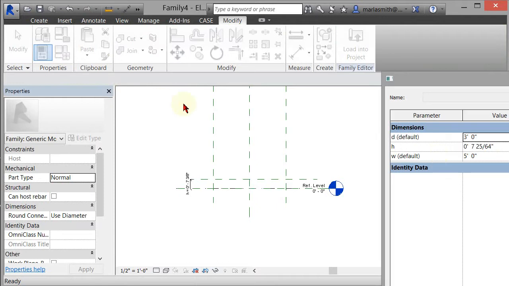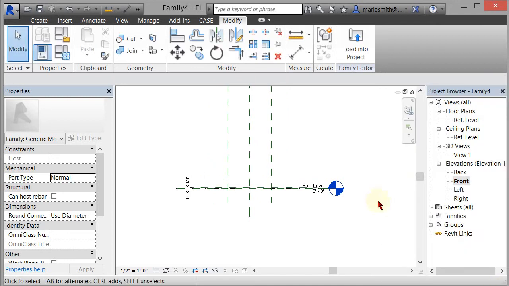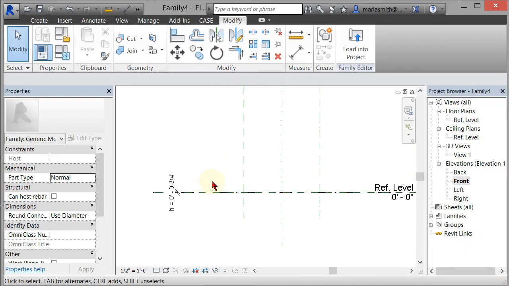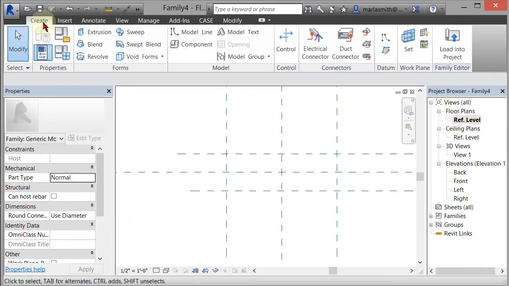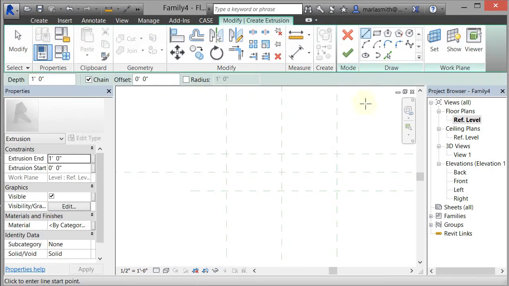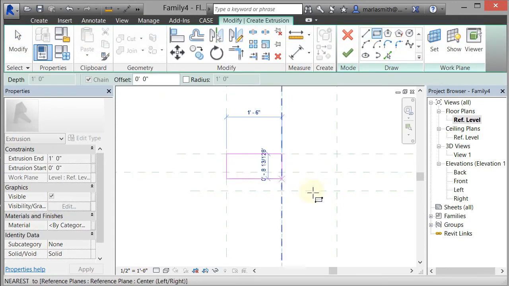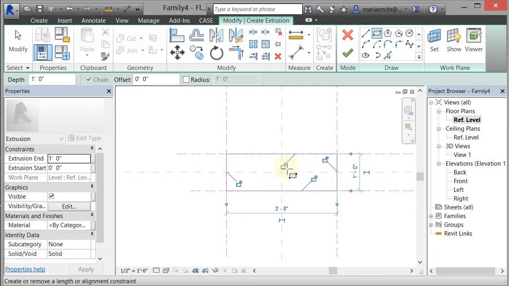Now I'm going to go ahead and set my height to 0.75 inches. And let's set the depth to 1 foot for the default and the width to 3 foot for the default, and I'll click OK. Alright, so now what I want to do is just create a box there. So if I go to my reference level, I'm going to go to Create, Extrusion, go to Rectangle, pick the 2 corners that I just made and lock